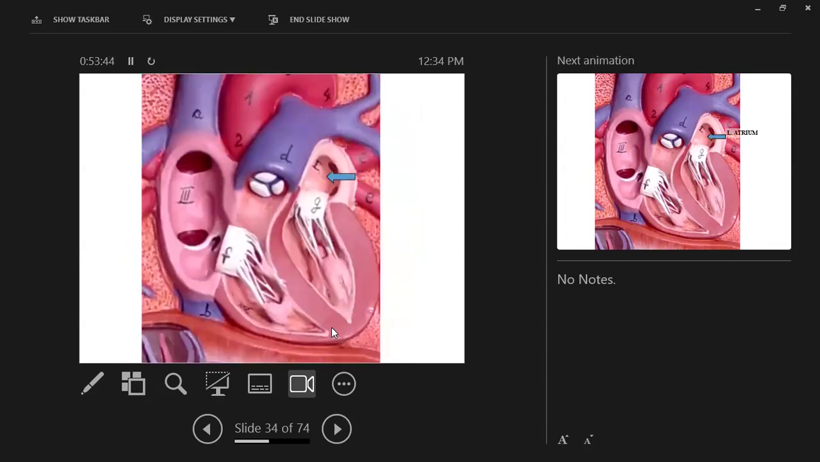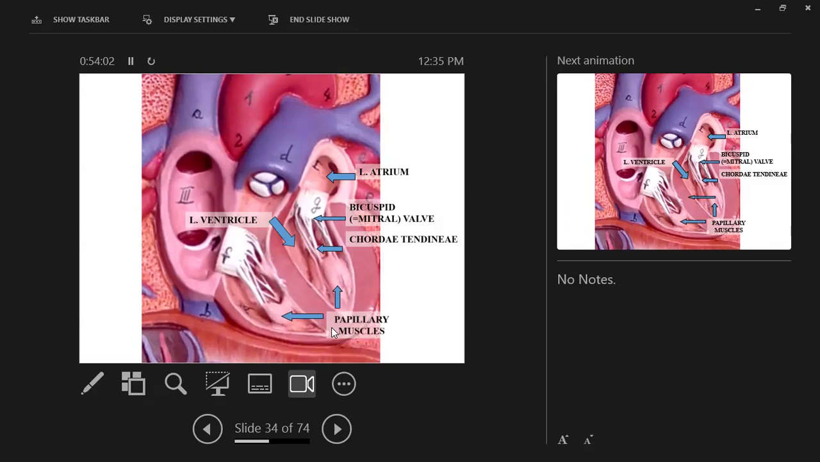Take a close look at the heart again. There's the right atria, I'm sorry, left atria, left ventricle, mitral valve, chordae tendineae, papillary muscles on both sides, the interventricular septum between the left ventricle on the left and the right ventricle on the right. And there is the right atria,